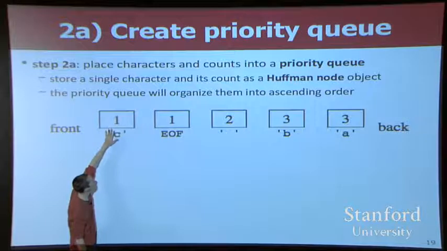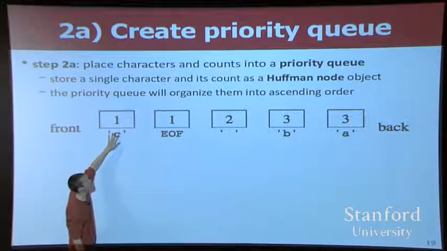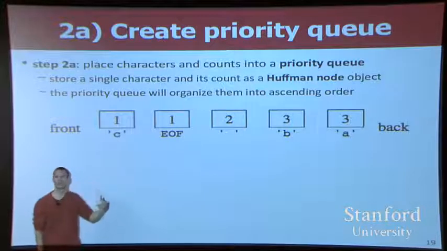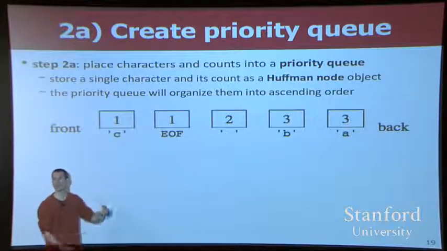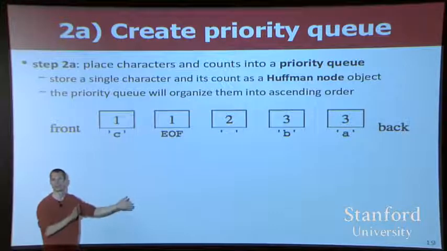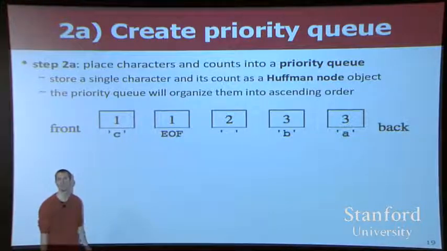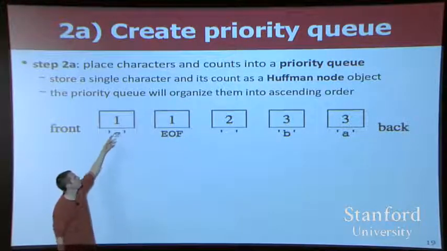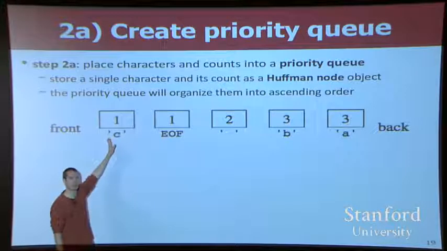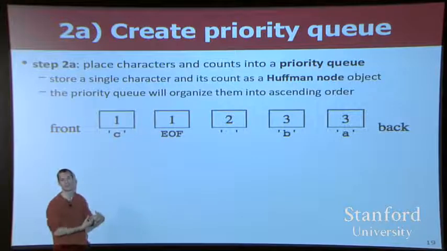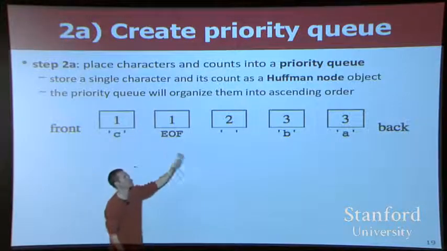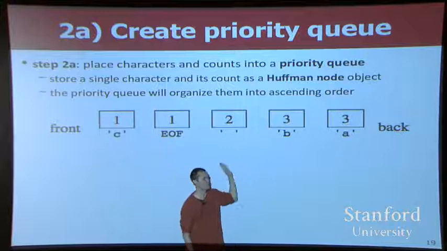You put character information into a priority queue, and the priorities come from frequencies, from counts, basically. So in the priority queue, things come out from the smaller priorities up to the higher priorities, right? You guys just implemented that, so you know that. Characters that have a small count are earlier toward the front of the queue, conceptually. They're going to come out faster if you say DQ, right? And characters that occur lots of times are going to be later in the PQ, and they're going to come